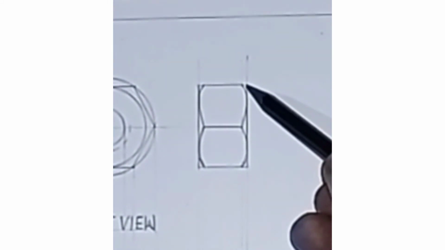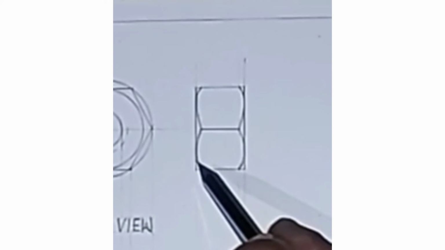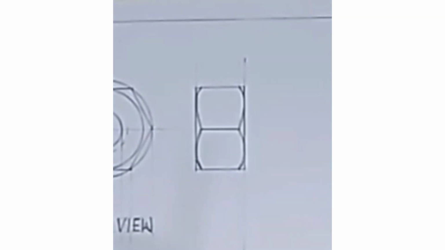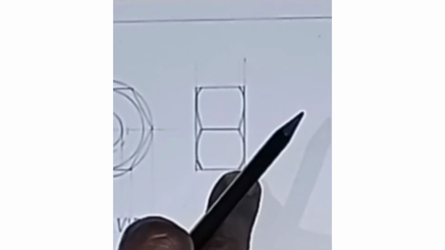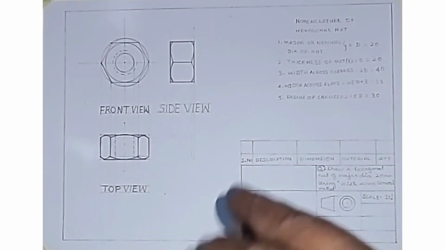Okay, it's connected. Now you don't have to delete these corners like we did in the top view. Why? Because in the beginning of this session we discussed that this end is also visible in this view, right? So just recall the point and then dark all the required lines, then the view will be completed. Now all the three views are completed.